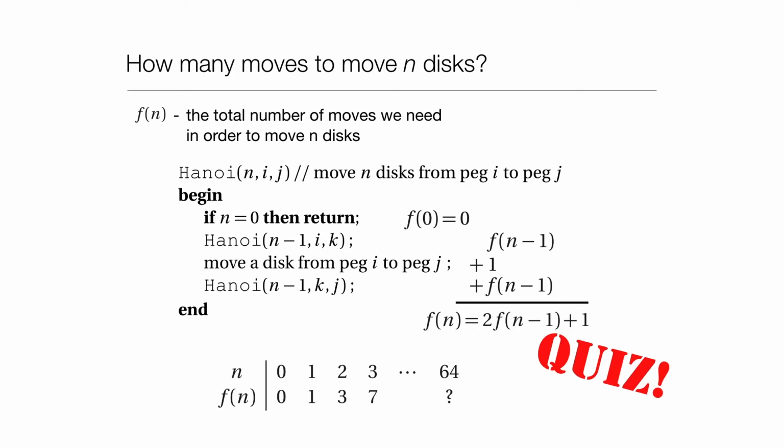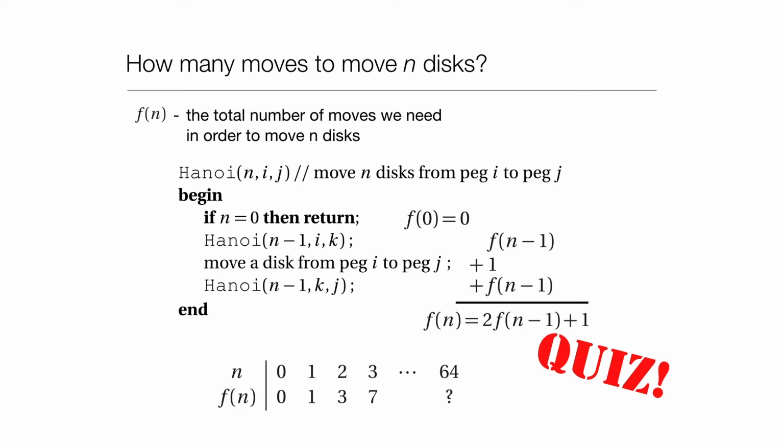I want you to take this equation for f, along with the base case that f of 0 is 0, and try to figure out the general formula of what f of n is as a function of n. Let me give you a hint. You can tell that because I have to move n minus 1 disks twice in order to move n disks,